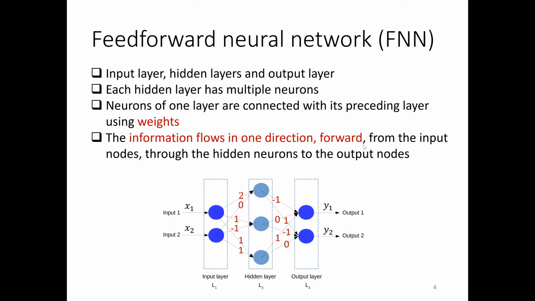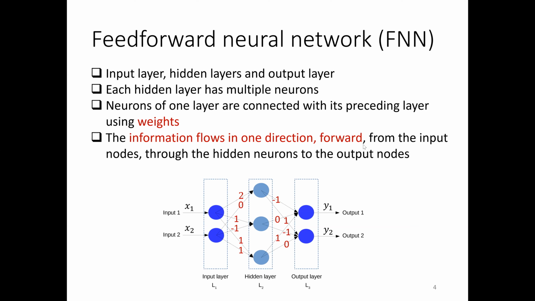And hidden layers have multiple neurons. Okay, and neurons on one layer are connected with the preceding layer using weights. And the information flows in the neural network in one direction, just forward, from the input nodes through hidden nodes to the output nodes. Okay, so that's why it's called